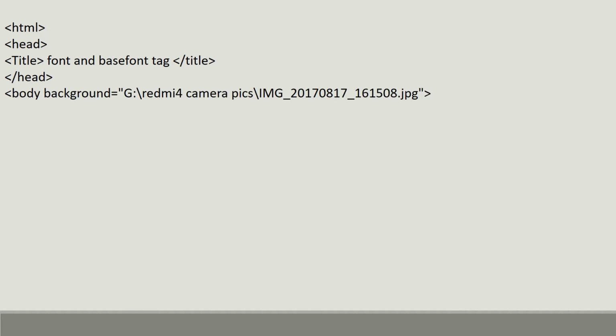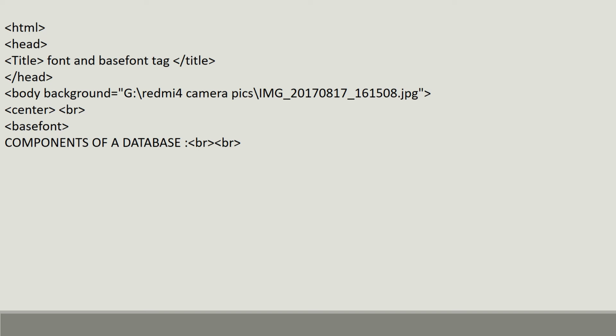In the body tag I have used the attribute background and I have given the complete path of the image which I wanted to use as a background. So this was the complete path. Then followed by a center tag. You have seen the output was coming at the center, so the center tag has been used, followed by a break tag, and then I have used a basefont over here, but I have not defined face, size and color. Let the browser decide. So the basefont tag is used. This is also a container tag, and this was the matter for the basefont component of the database.